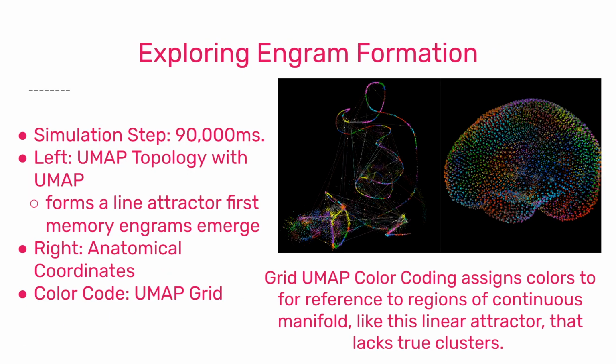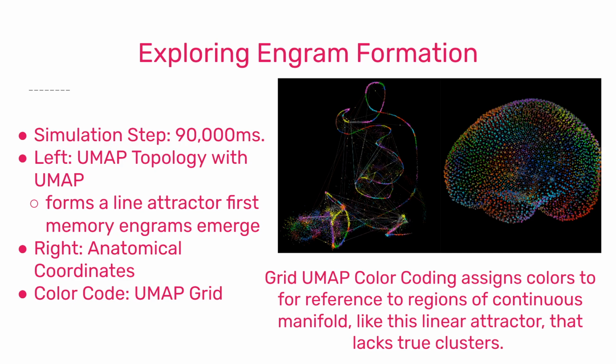So this image shows simulation step 90,000 in the original burn-in data set simulation, where it started with no edges and allowed the edges to organically evolve over time. After 90,000 steps, the UMAP transformation shows the formation of a line attractor that signifies the first memory engram emergence. On the right, you see the anatomical coordinates in the color code of the left UMAP